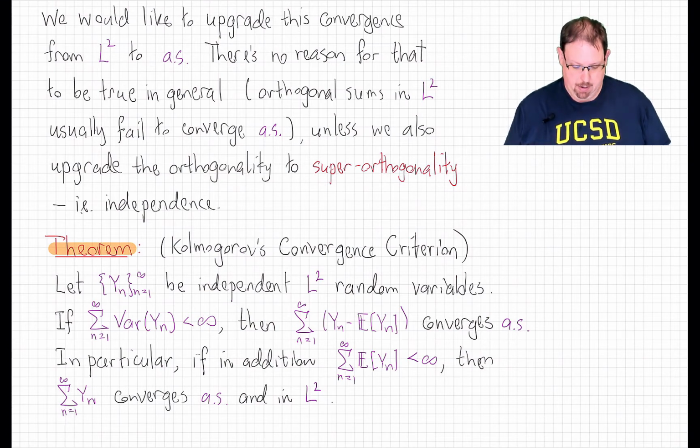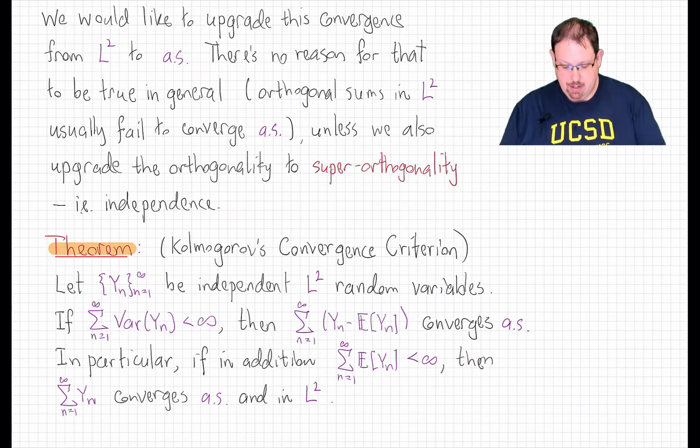in that last theorem. To be precise, if yn is an independent sequence of L2 random variables, and the sum of their variances is finite, then the sum of the centered random variables converges not only in L2, but almost surely.